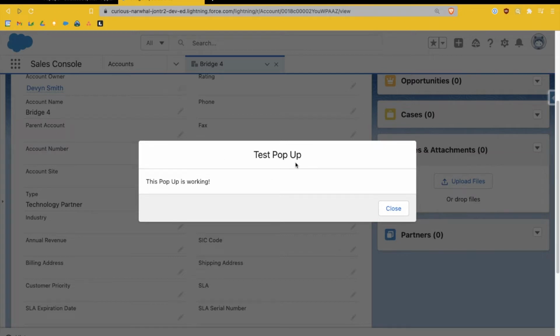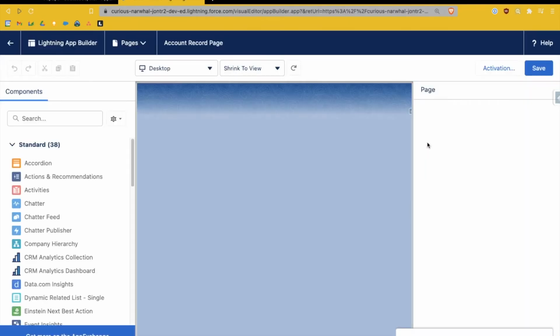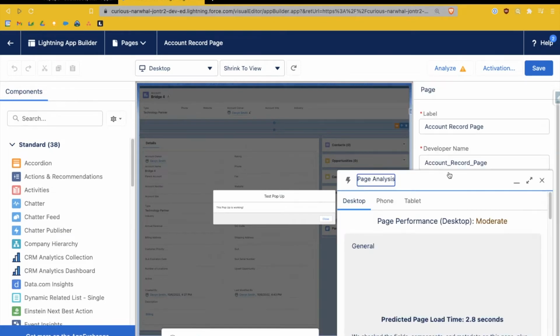And so you could put anything you want here. You could even create a screen flow and have it surface on field change. And then you can also validate it. I'll show you the component settings here. You can even set it to validate based on a